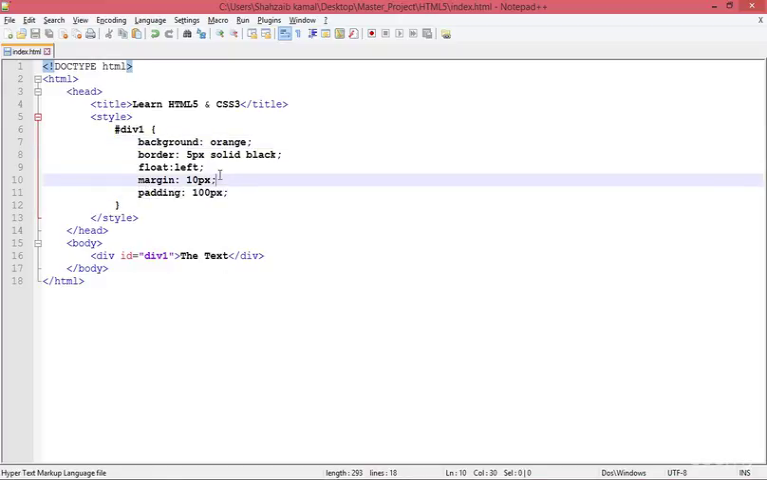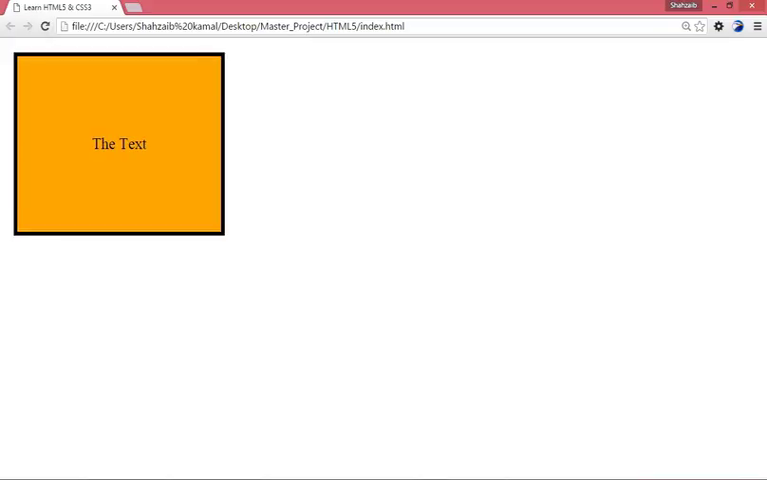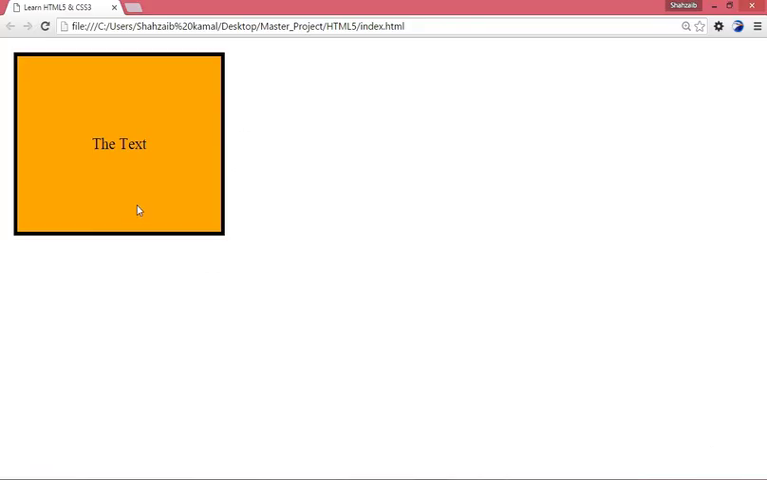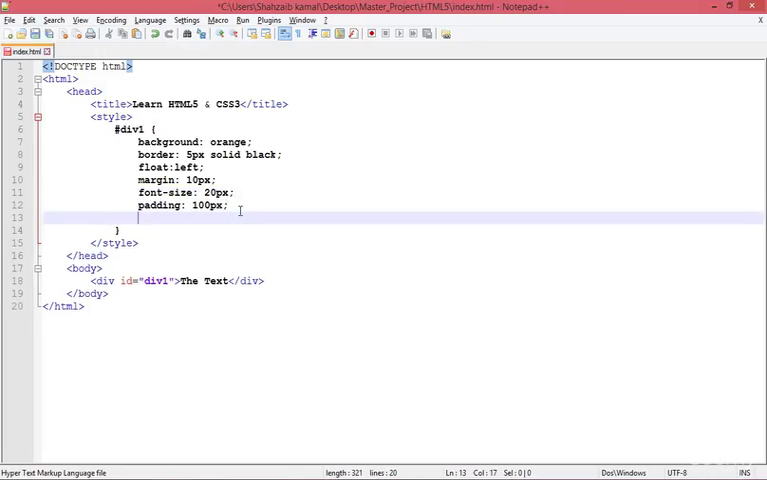So now I'm applying some more things. I'm applying the font size here, 20 pixels. I'm just testing if 20 pixels will look good. Okay, now it is looking perfect. What more I'm doing, I'm applying the text shadow for now. Text